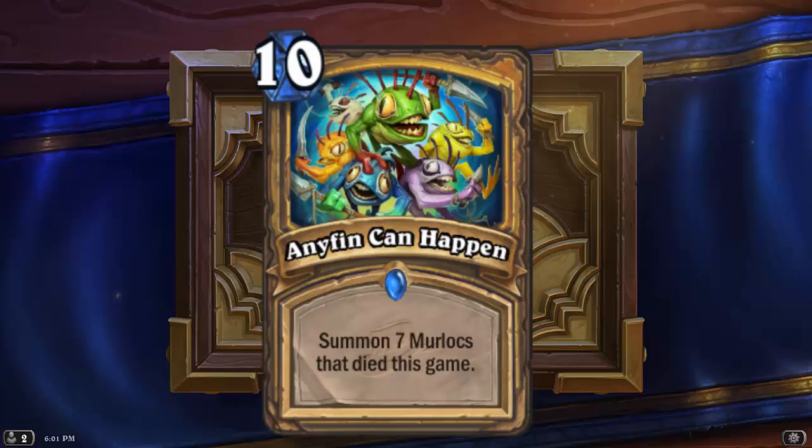It's also one of those things where, when it comes to Anyfin Can Happen, I'm not exactly sure how many Paladins will actually run it, because when it comes to Murlocs, you are trying to be fast with that deck. You want to try to win as quickly as possible. Going late game, you don't see it very often. But if it had to happen,